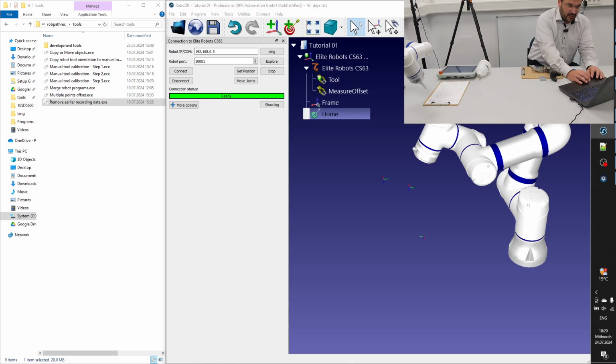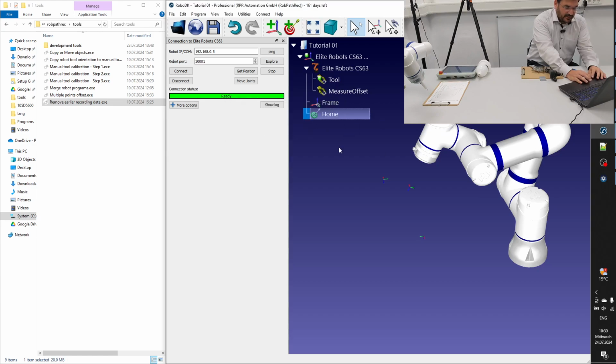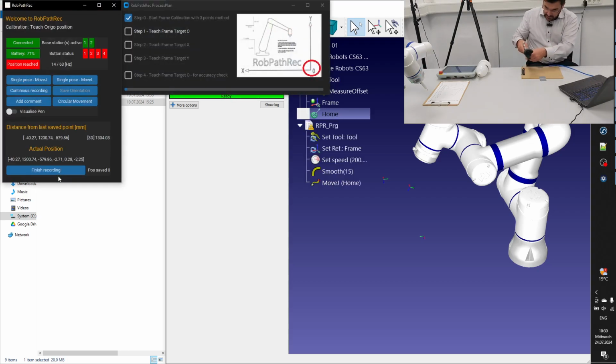And I would like to show you how easy it is to use. So it is not saved in the robot.dk station file, so you can use this manual tool in the future in any kind of new and existing robot.dk file. You see that the selected manual tool is the spray gun. So if I hit spray recording, you will see